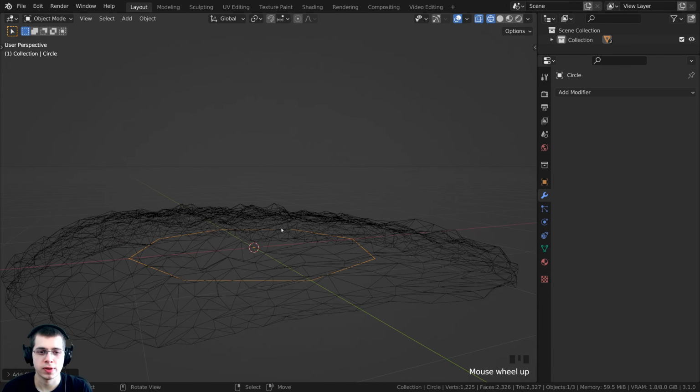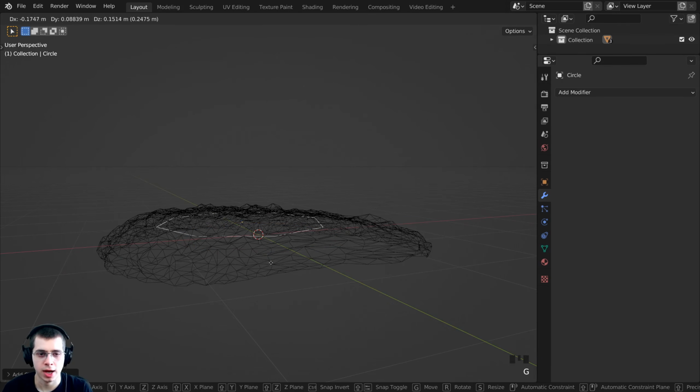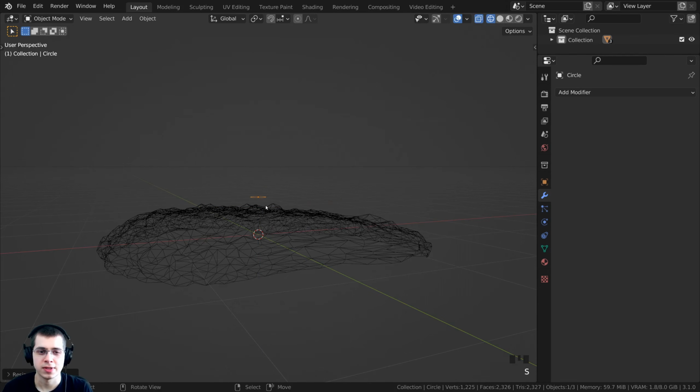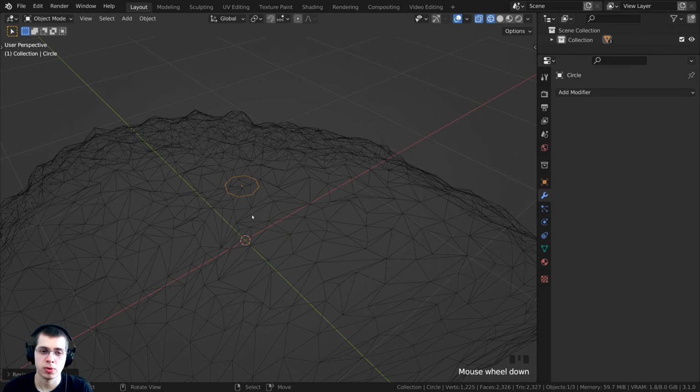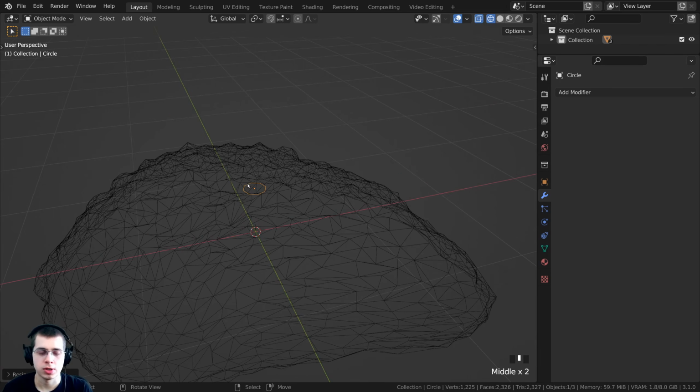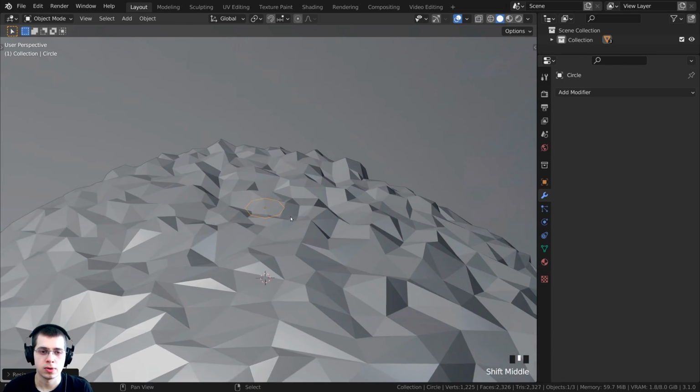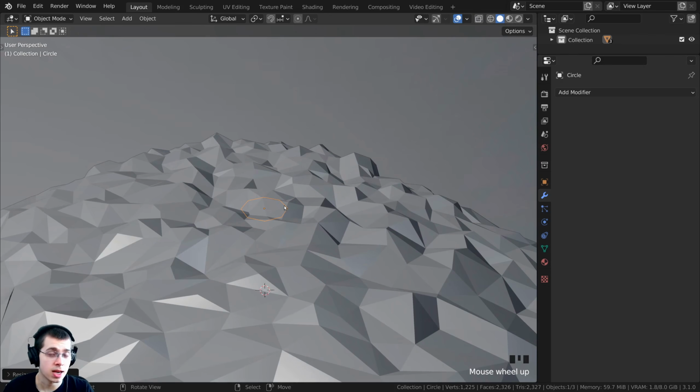All right, so I now want to bring the tree up, so I'm going to press G to grab. G is going to grab the object, and then I can press Z, and we're going to bring that up. And then I can press S to scale, and we want to scale that down. Now this doesn't really look much like a tree right now, but this is going to be the trunk of the tree, and we are going to extrude it up. So what I want to do is hold down the Z button and then go back into solid view and let go. And now what I want to do is go into edit mode